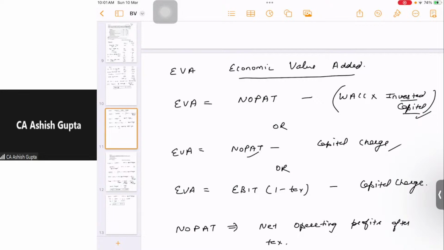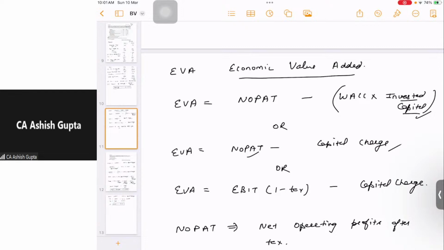Now, Devas sir has been discussing EVA, that is economic value added. Student, I would like to throw some light on this. It is not a very old topic, rather it is a latest topic, which came out somewhere around the 1990s. This concept was developed by the consulting firm Stern Stewart and Company, management consultants. The purpose is to evaluate how much a business is earning over and above its cost of capital. That is called economic profit.